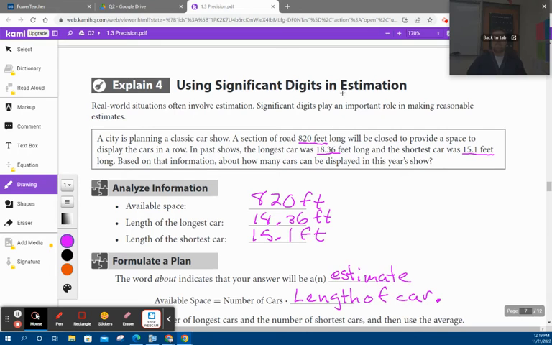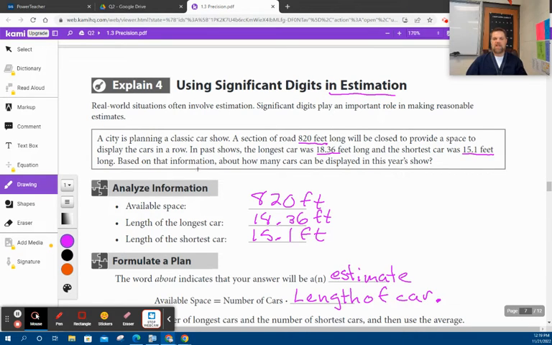So, significant digits and estimation. We're going to talk about real world situations that often involve estimations. Significant digits play an important role in making reasonable estimates. So the city is planning a car show, and a section of road is 820 feet long and will be